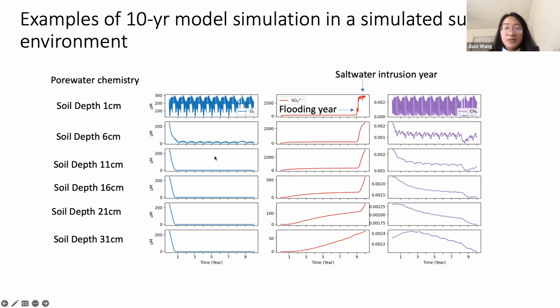Then in the subsurface, like a soil or sediment environment, the microbes are, I don't know whether it's much more diverse or not, but it's very diverse. So I was thinking, can I do a similar thing and make it more suitable for a subsurface environment? I created a similar framework and perturbed the system using a flooding year and a saltwater intrusion year. Flooding year means the salinity does not change, but only the water level or the inundation depth is increased. Saltwater intrusion year means I increase the salinity, like a sea level rise, and see how those simulated microbes respond to those